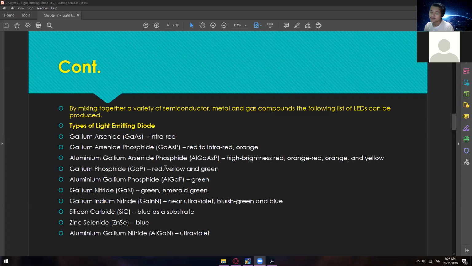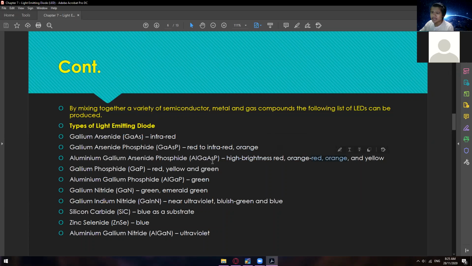So by mixing together a variety of semiconductors, it could be metal and gas compounds, the following list of LEDs can be produced. So we have here types of light emitting diodes. We have gallium arsenide, which is by default an infrared. Again, the color of infrared is not red, okay, but it's actually like pink. Then gallium arsenide phosphide is red to infrared, or sometimes orange, depending on your wavelengths. And then aluminum gallium arsenide phosphide is high brightness red, or sometimes orange red, orange, and yellow, and so on